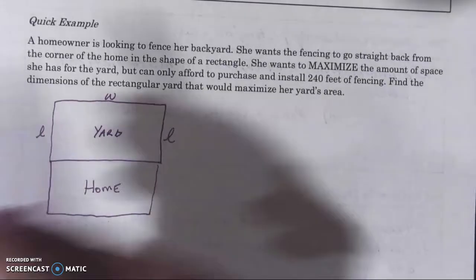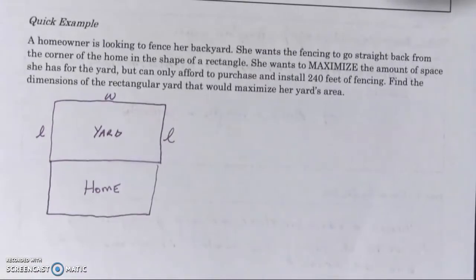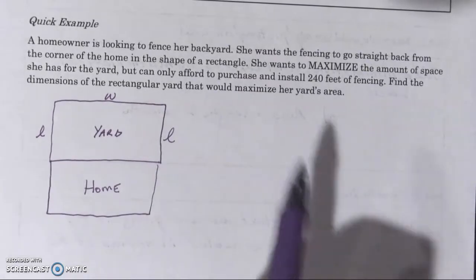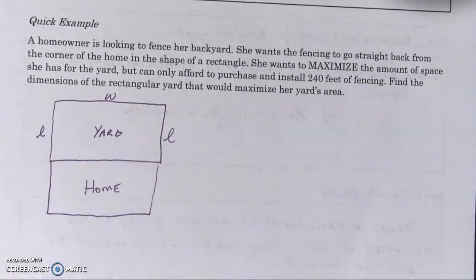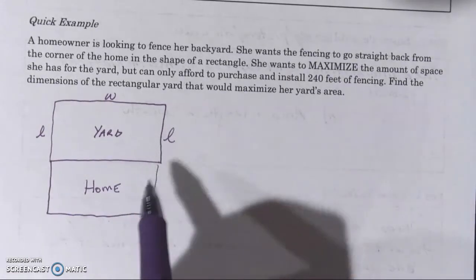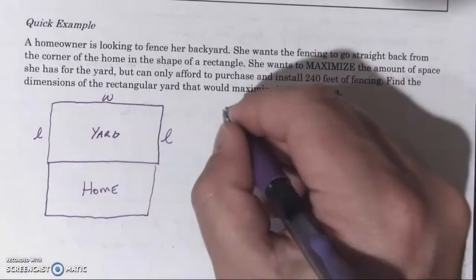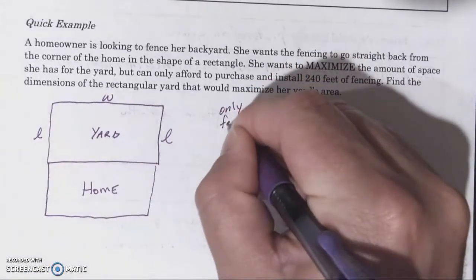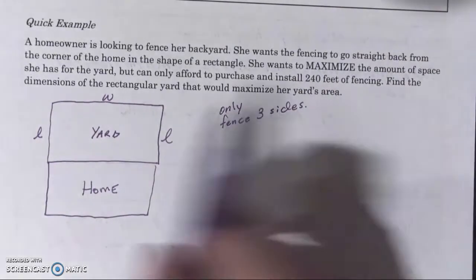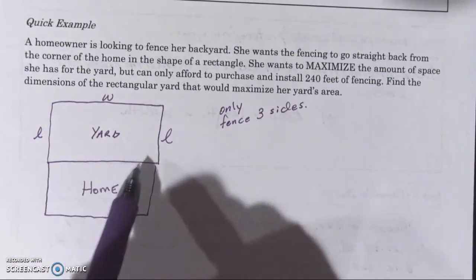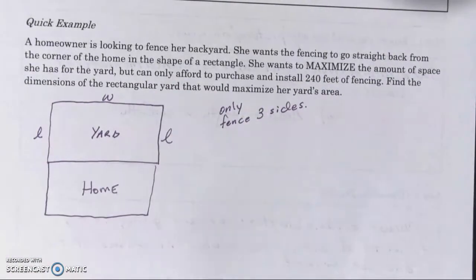Okay, I took the liberty before, because we try to keep our videos a little bit shorter here, of drawing and labeling. Okay, so we only have to fence 3 sides. Very important here. Okay, and that comes from what was written. We're using the home as kind of the 4th quote-unquote side of this rectangle. Okay, so